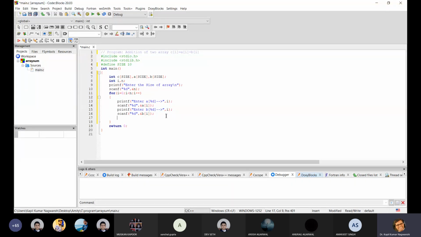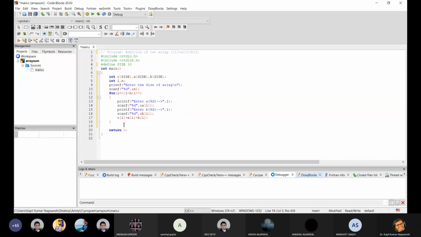Now scanning is done, and in parallel with the scanning we can also do another thing: Ci equals to ai plus bi. Okay, now one more for loop is required to display the summation array.